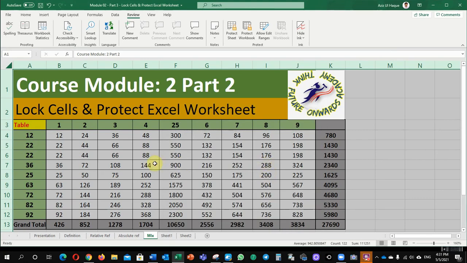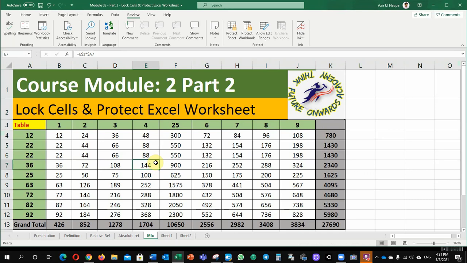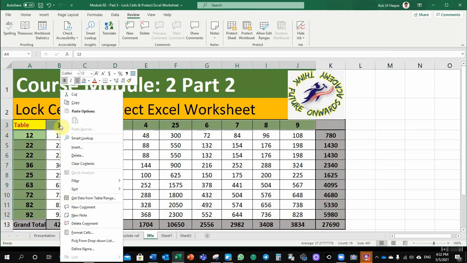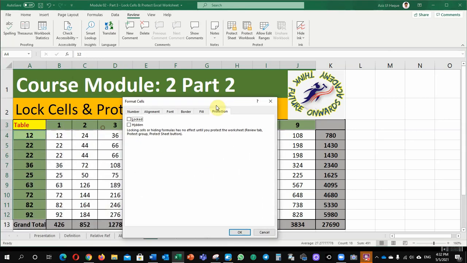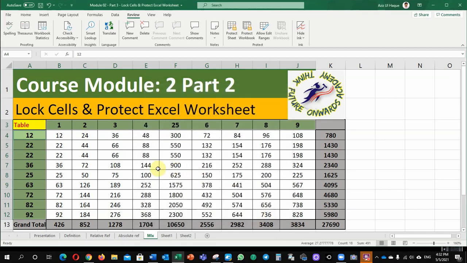Now further, select the information which I want to allow them to edit. I select this option and, holding my Control key, this option. This is the area which I want to allow them to enter values. After selecting, right click with your mouse, go back to Format Cells, and here uncheck Locked.